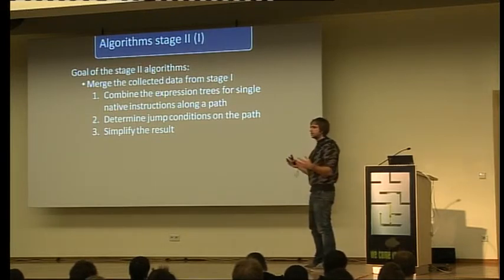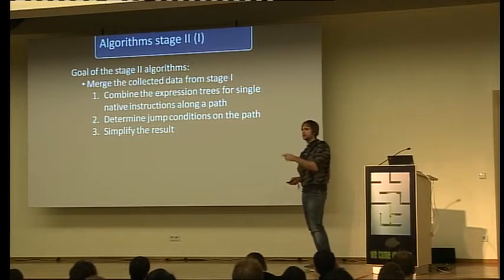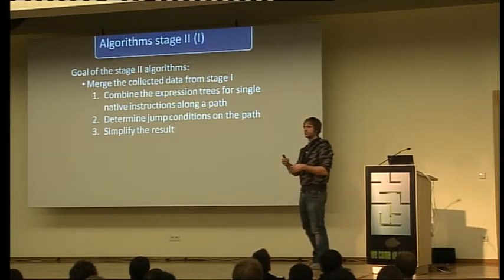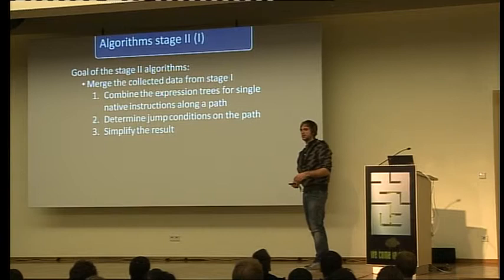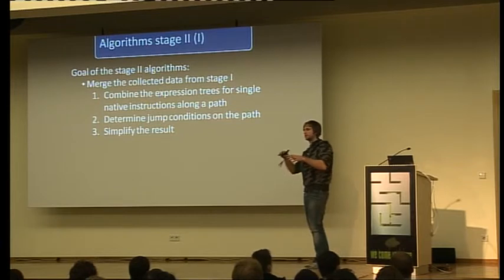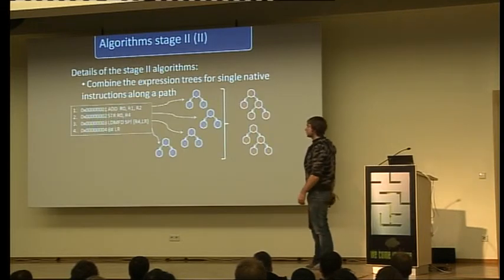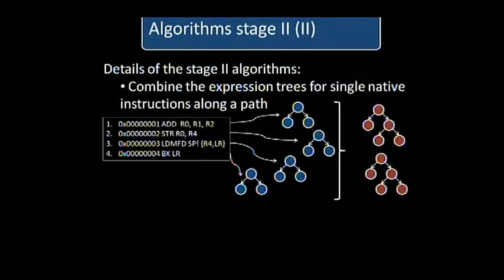And also what we need to do, as REIL is pretty loud in translation, is simplify the result, because given that you have an instruction that has multiple additions or multiple subtractions from a single register, you do not really want to have all those operands and all those leaves in a single expression tree, because it doesn't make any sense. Okay, so combining expression trees